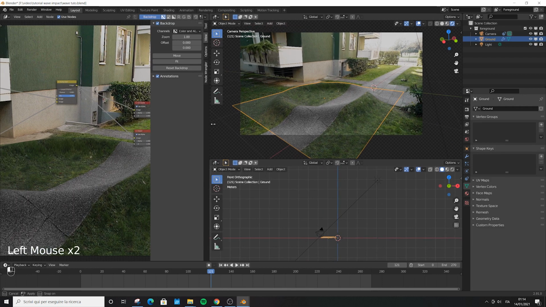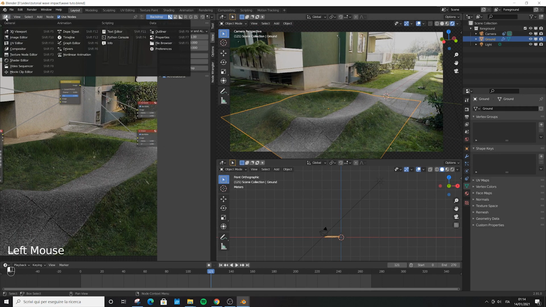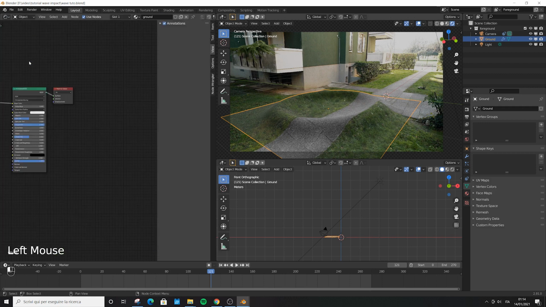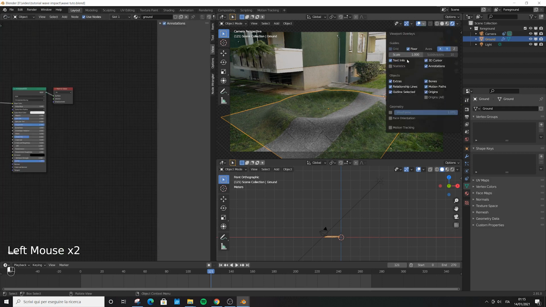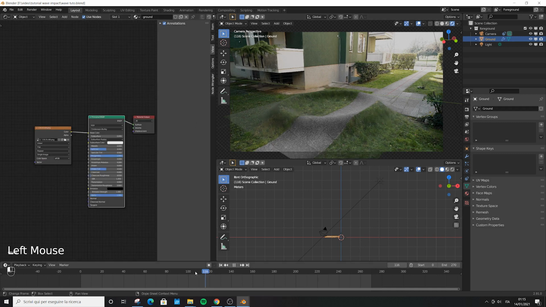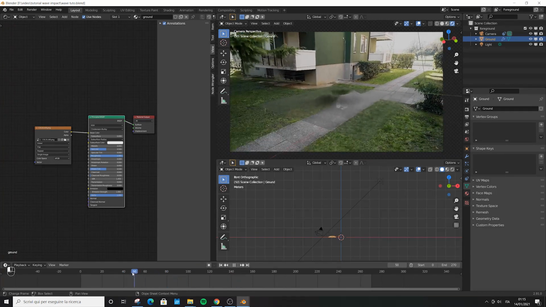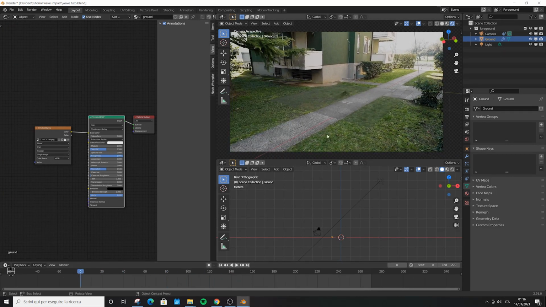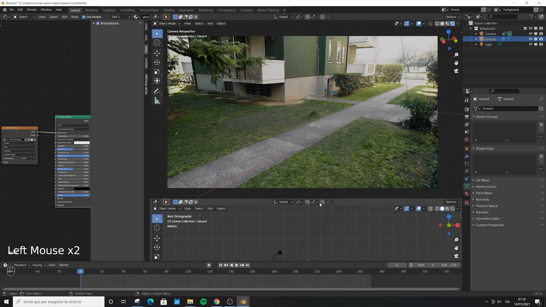Select the ground now, go on this window and switch it to shader editor. Jump here and we're gonna deselect outline and even 3D cursor, and deselect even origins because we want to clearly see our borders. We have to fix them now. We're gonna use a mask to blur the borders with the original footage. Actually, before doing this, we need to fix this ugly peak that there is in the wave. We're gonna do it easily, playing with the settings of the wave.